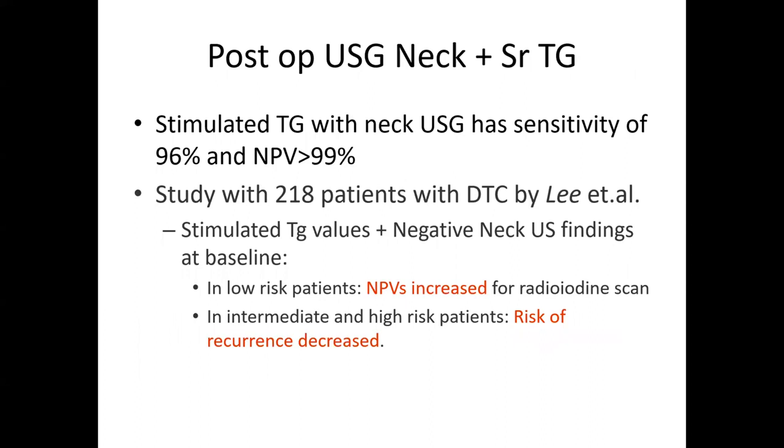If we add neck USG along with serum Tg, it is known to increase the sensitivity and negative predictive value. There have been studies which say that in low-risk patients, the negative predictive value of a radioiodine scan is increased, and there is also, in intermediate and high-risk patients, decreased risk of recurrence if the patient has a negative neck